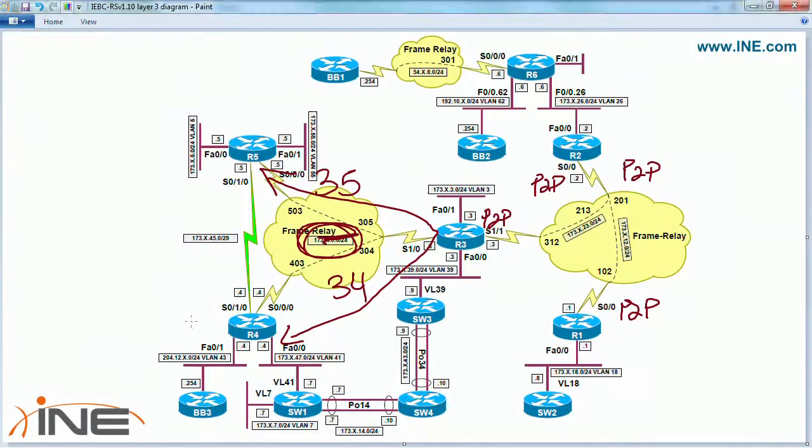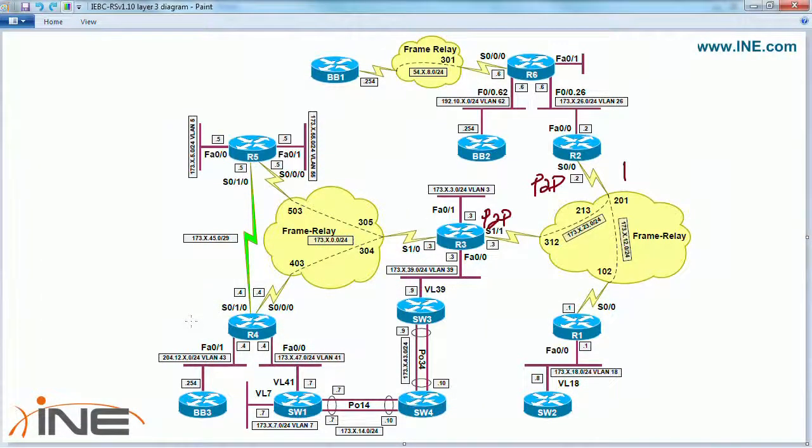Okay, so the question is, if we were running OSPF broadcast or OSPF non-broadcast, we need to make sure that router 3 is the DR, because why? Because the other two don't have a layer 2 connection to each other. So there's no way for them to directly exchange link state updates. It has to go to the DR first, and then the DR is going to send it down. So router 3 has to be the DR. The problem is that